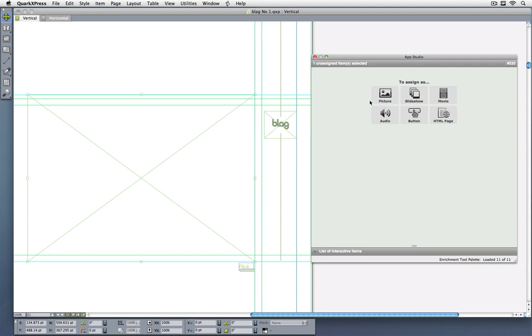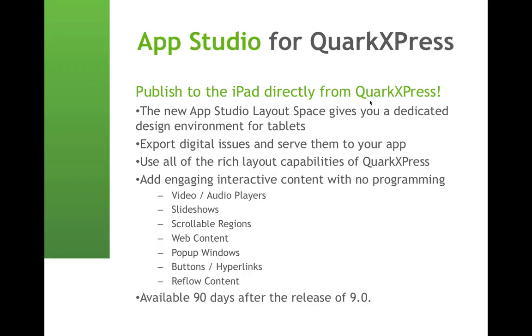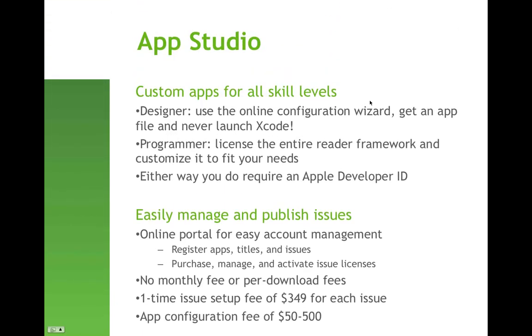Okay, let's go back to the slides for a second. Another part of App Studio that we need to talk about is the app configuration tool. This allows designers to create and apply custom branding to their app. You can create your own app icon, name, and look and feel, and we'll compile an app for you to submit to the App Store, and you can sell your issues via that app through in-app purchasing